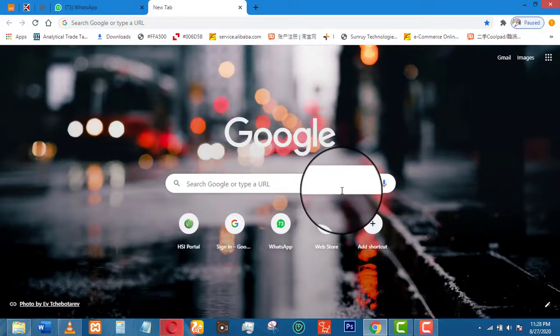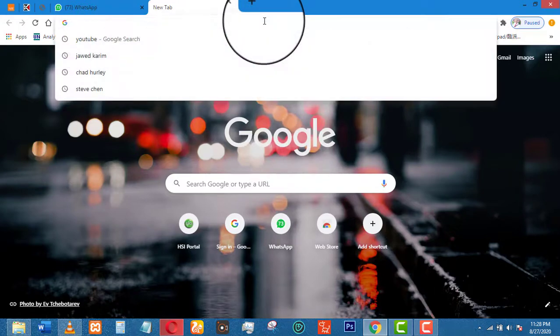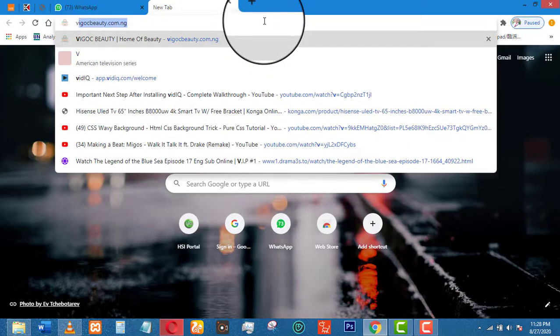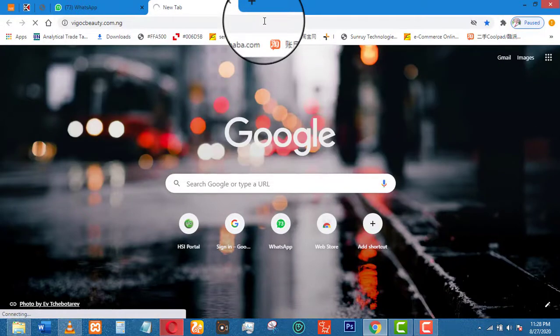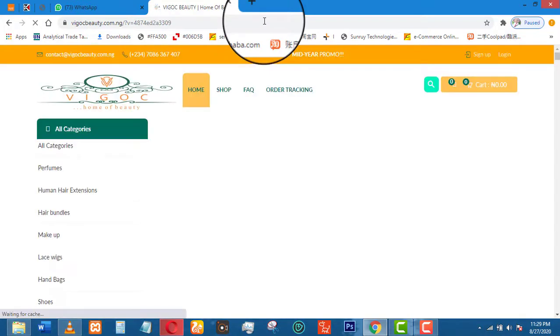Okay, so today I'll be working with one of the sites I have here, which is VCOG Beauty. So let me just quickly type that in. This is the site. We need to update the theme because we just talked about new updates that WordPress brought,